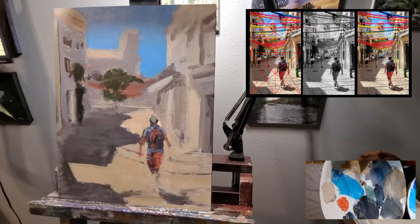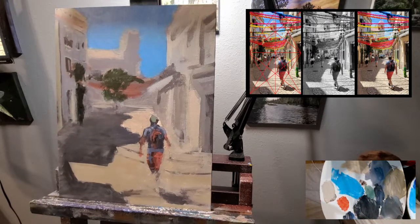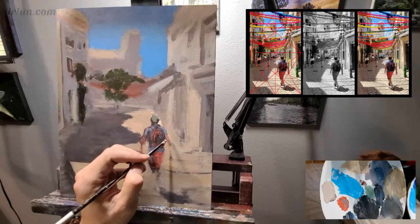All right. Let's see if we can put a little more detail in this. I'm not sure exactly what color to use, so we're going to just play with it. I need this reddish brown. I think we need a little blue to diffuse the red. Not sure. This might be...